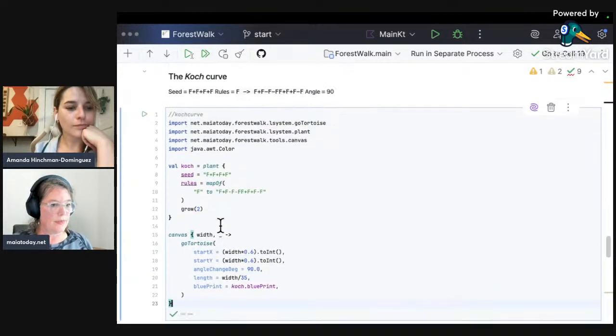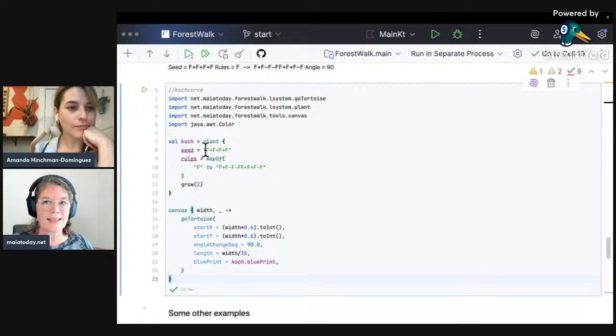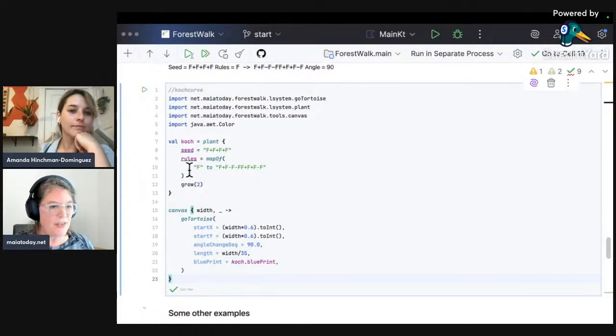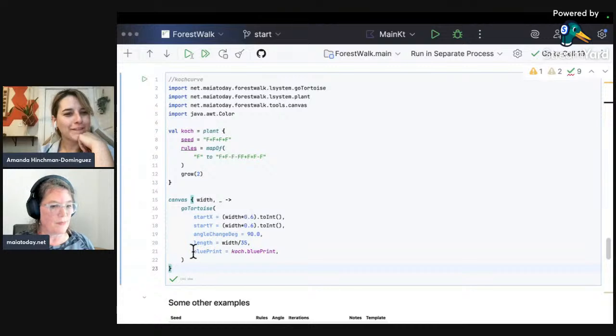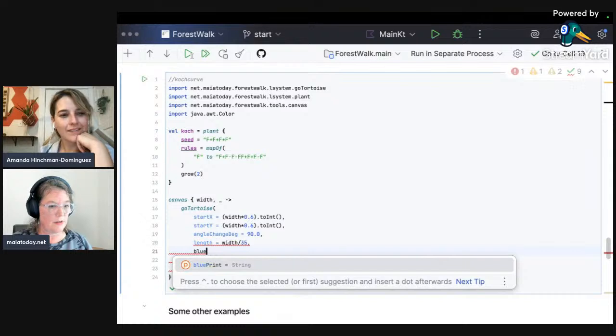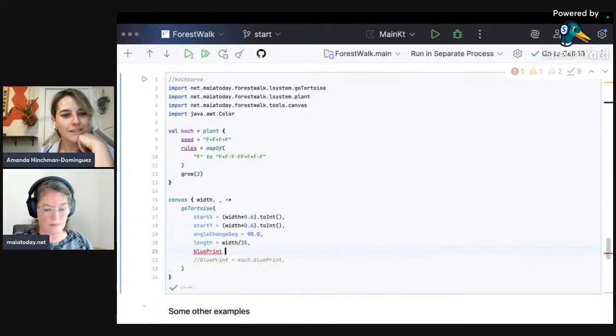Koch curve. Okay, so here we can see the seed is draw a line, turn, draw a line, turn, draw a line, turn, draw a line, turn, which should draw a little square. And the rule is every single time you see a big F, replace it with this long thing. So if I now do this blueprint, we'll see what the seed looks like. We can go into the tortoise code in a minute and have a look at that. So if I run this now,